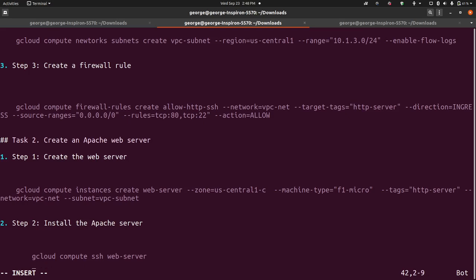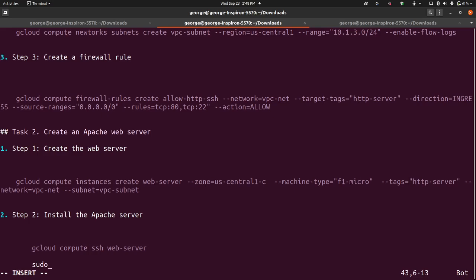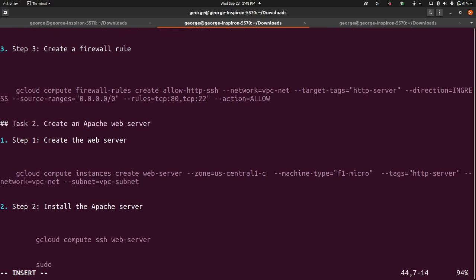Why isn't this the color I expected? Sudo. It's not doing what I expect. I expect it to be this color. Let me see. Okay, didn't work. Okay. All right, sudo